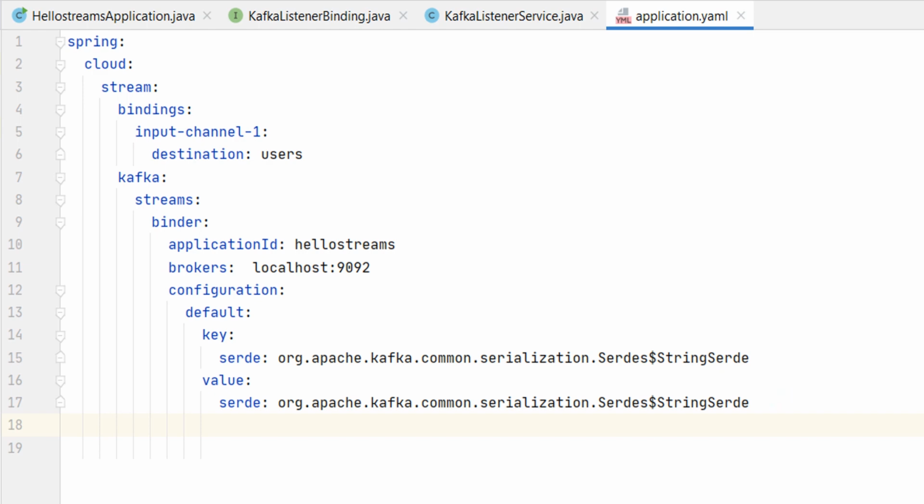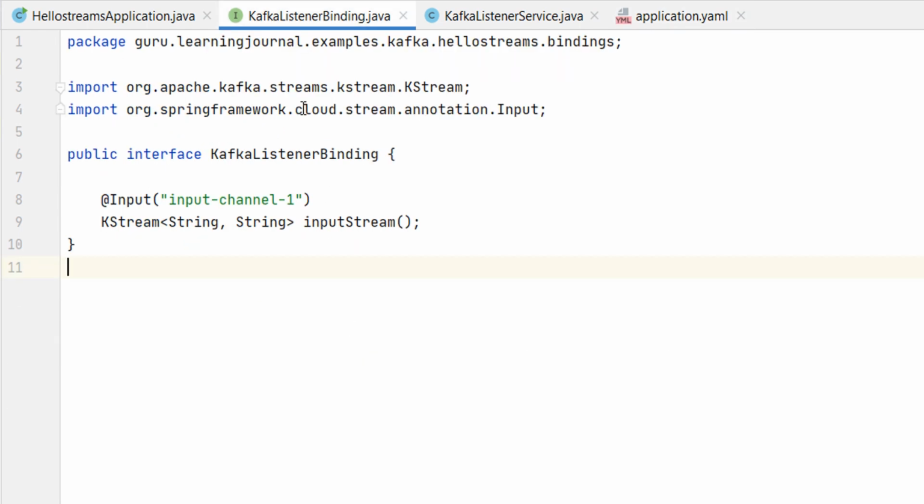Great, that's all for the configurations. This input channel must be picked up by the Spring Cloud framework and bind to the users Kafka topic. So we defined a binding interface and linked the input channel using the @Input annotation. We are all set. However, we defined the configurations and linked it with an interface. We are still not triggering the Spring Cloud framework, and that's why I defined a listener service.